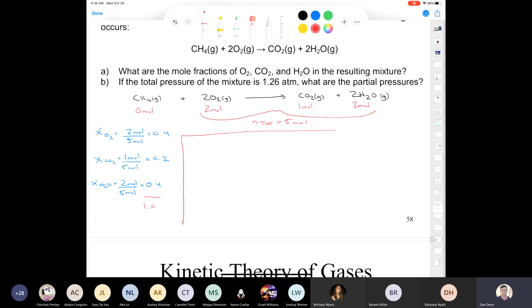It says if the total pressure, in the second part, this is B, if P total is equal to 1.26 atmospheres, what's the partial pressure of oxygen, carbon dioxide, and steam? And we know that the partial pressure of A is going to be equal to the mole fraction of A times the total pressure. So if we want the pressure of oxygen, it's going to be equal to 0.4 times 1.26. That 0.4 is an exact number. So when we take 0.4 and multiply it by 1.26, we get 0.504,